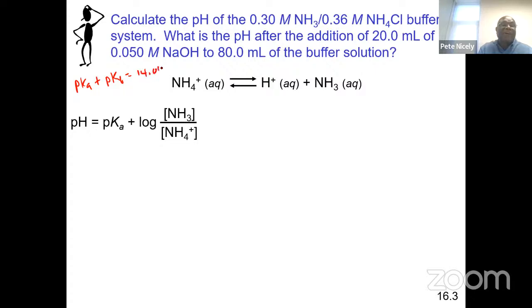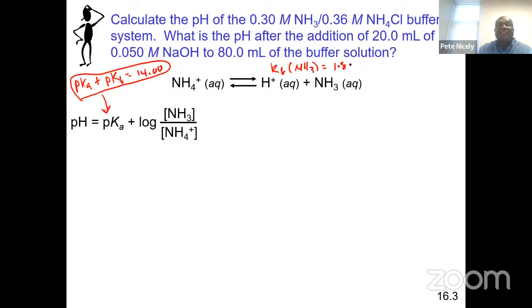How could I forget? All right. So this is what you're going to need in order to get the pKa that would be here, right? So you'd have to go to the tables. You have to look up the Kb for ammonia. And if I remember correctly, Kb for ammonia is